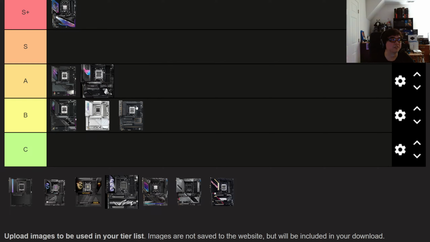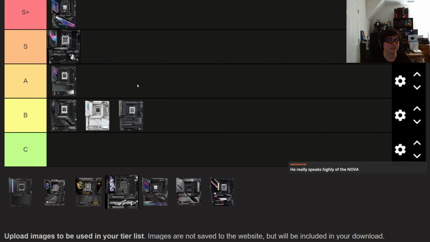Now, if anything, when I was thinking about it, the Strix might actually be up here. That's how much of a difference the Strix and the ProArt are. For $20 more, if you want to pay $20 more instead of buying a ProArt and get the Strix instead, you're getting a much better choice. Way better heat sinks for M.2, especially Gen 5 M.2 drives. You're still getting a 5 gig LAN. It's so weird how the ProArt is 10 gig plus 2.5, but the Strix is the 5 gig. They give you the one that's in the middle,